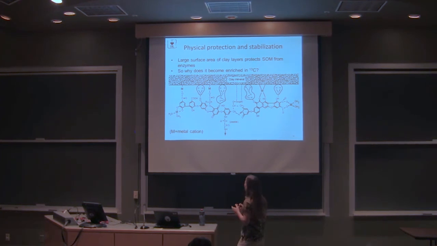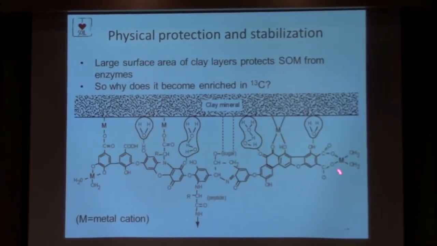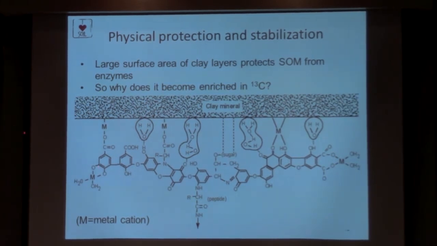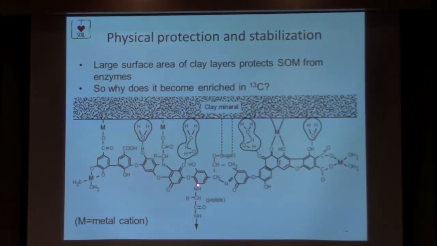And so we think this is a little bit of an old diagram because we used to think of soil organic matter as being made up of a lot of phenol groups that are all linked together. This is sort of going out of fashion. We don't know if that's really true. There's certainly a lot of lignin in plant material, but oftentimes it seems like that lignin is getting transformed into more stuff that's like waxes and lipids, okay, and microbial lipids especially. But at any rate, the point here is that there's a bunch of functional groups that can bind to the